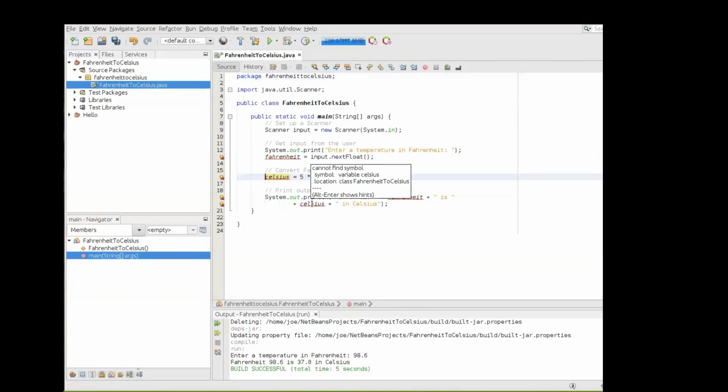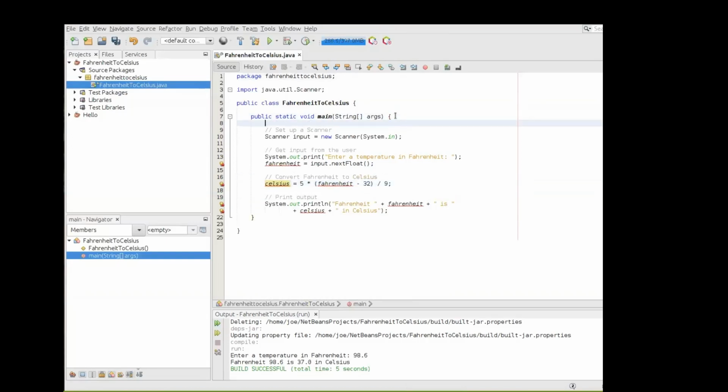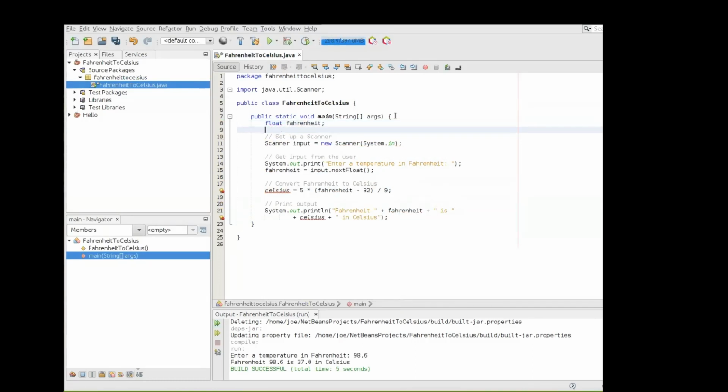In this case, we get an error message saying, I cannot find this symbol. It's basically saying that I think this thing is a variable, but you haven't done the right thing to set it up properly. All right, so let me go ahead and fix that for you. At the top of the main method here, I'm going to set up a couple of things. These are called variable declarations. I'm going to set up one of these separately for each of the two variables that we're working with. So here's the first variable declaration for the Fahrenheit variable, and here's the variable declaration for the